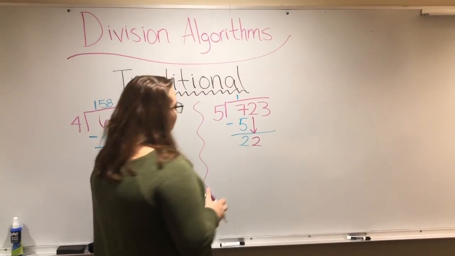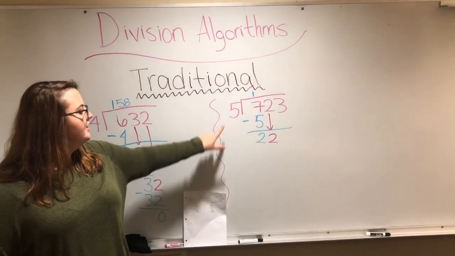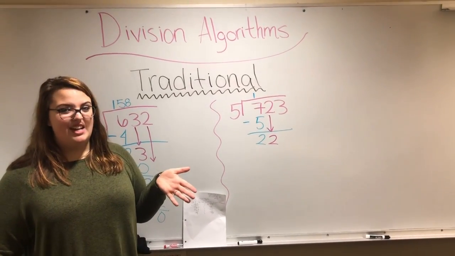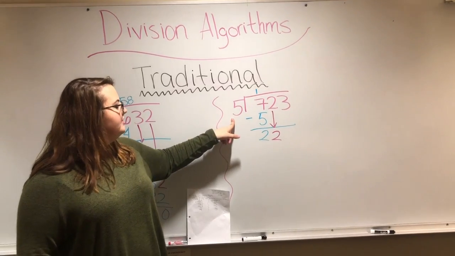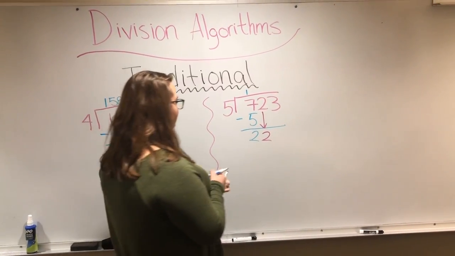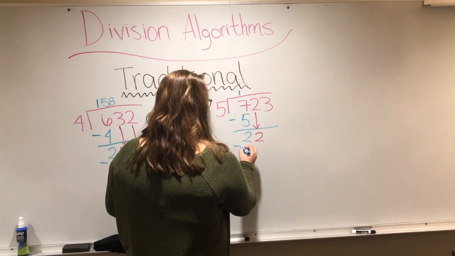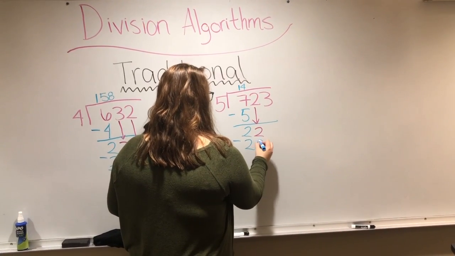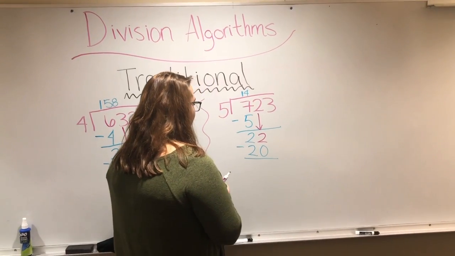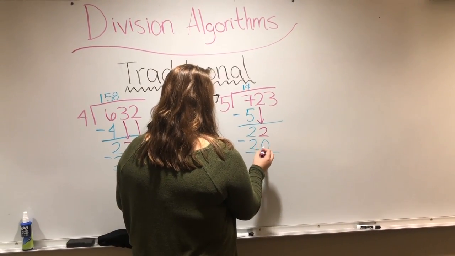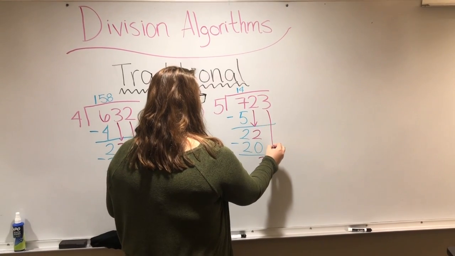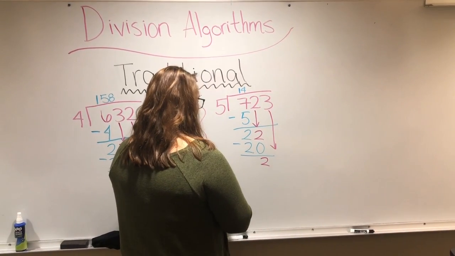We have 22. So how many times does 5 go into 22? 5 times 5 would be 25, so that's not it. So what about 5 times 4 equals 20? So let's draw our 4 up here, minus 20, and you have 22 minus 20 is 2. We have to bring our 3 down, and we have